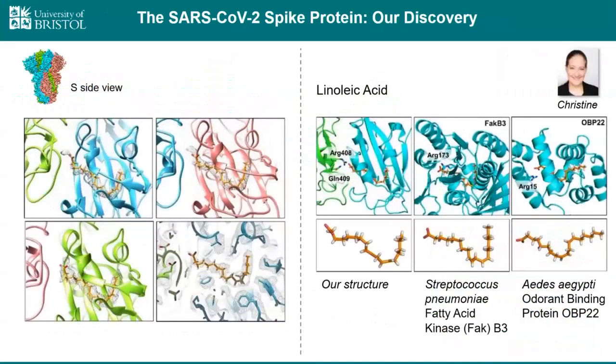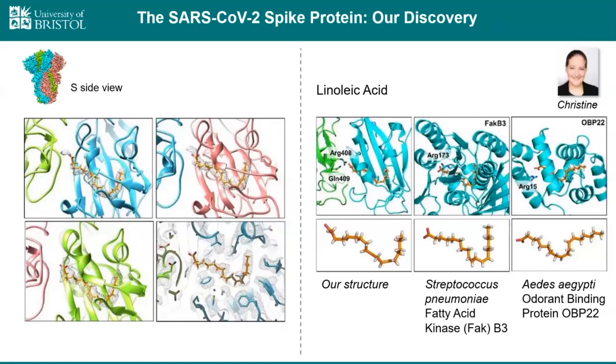And it's really Christine Tölzer's achievement to look at this density, realize that in the unsymmetrized map it's there in all the receptor binding domains, and it's surrounded by hydrophobic amino acids, mostly phenylalanine. And at this one end, where the carboxy group is, we do have a positively charged residue. So she decided that it is most likely a fatty acid, and then she went into the